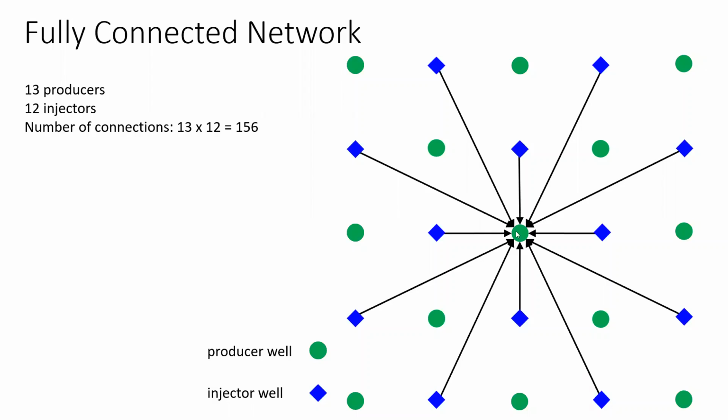we are connecting injector and producer pairs that are very distant. Like, for example, we could be connecting this producer here with this or this injector, which are very distant, and usually we don't expect to see this type of interference either from the pressure support or the streamlines. So what this tends to give us is that we are including spurious correlation from the production data. So in order to avoid this, we could